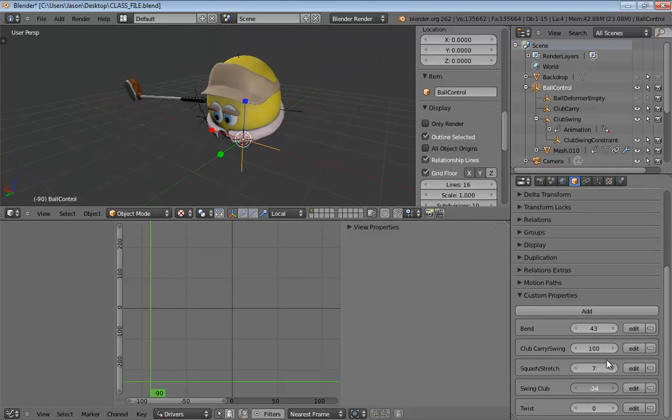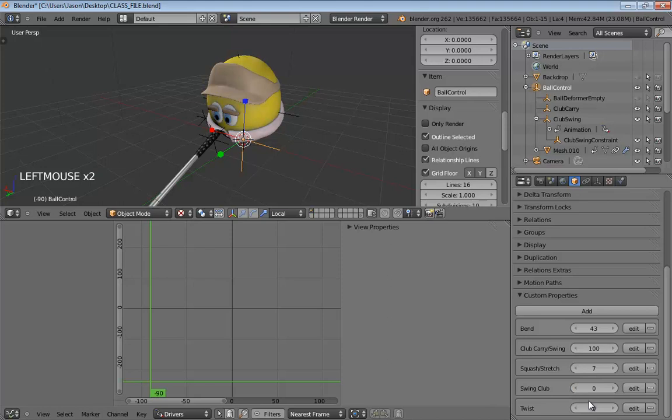But if for some reason you were setting something similar up on your own, it's possible that the rotation could be reversed, meaning that if you use the same values that I did, going negative might actually swing the club forward. You just want to be aware of that and reverse your relationship. All right, so go ahead and set that back over to 0.